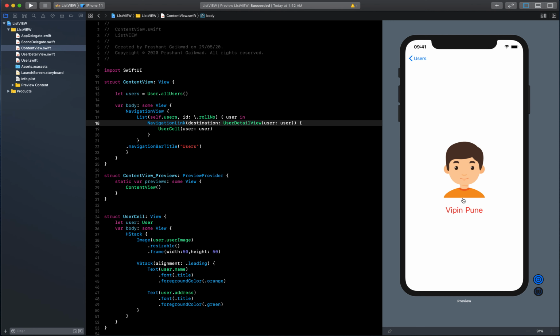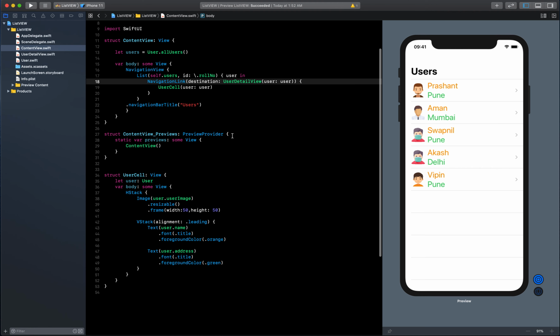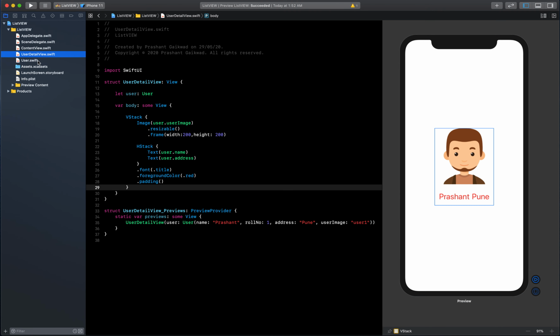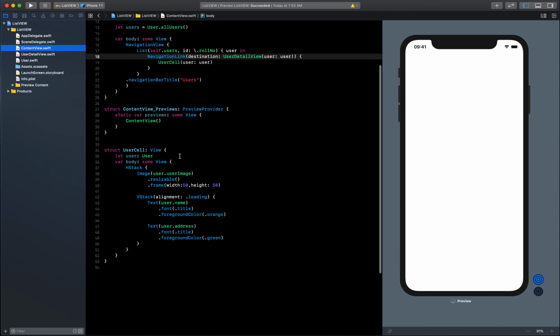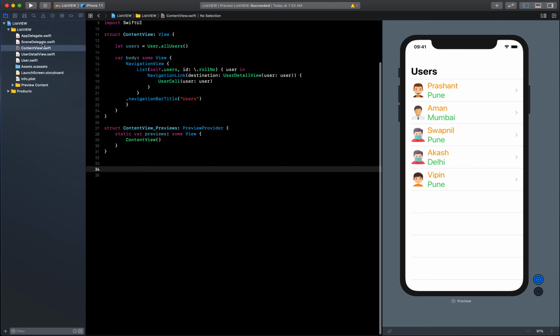details properly. So yeah, this is how you can pass the data to the next screen using the navigation view onto the detail screen, and you can create a different view class or a struct for that detail view. And yeah, one more thing, you can refactor your code. Like for the cell, you can create a new